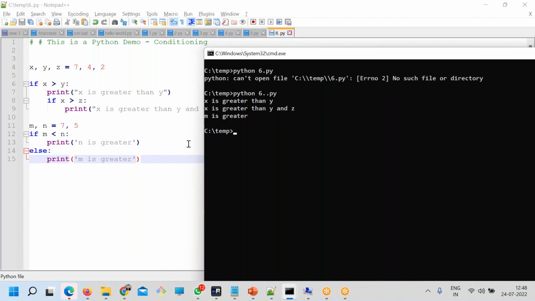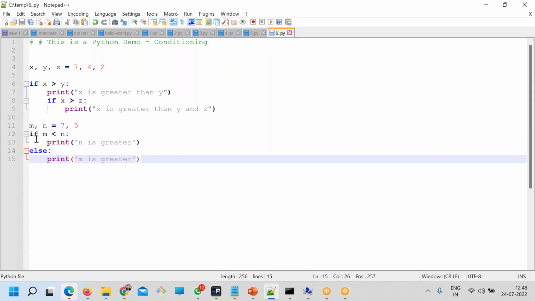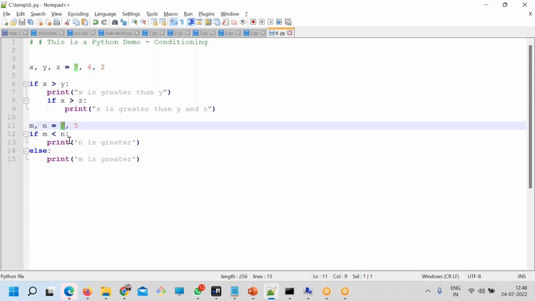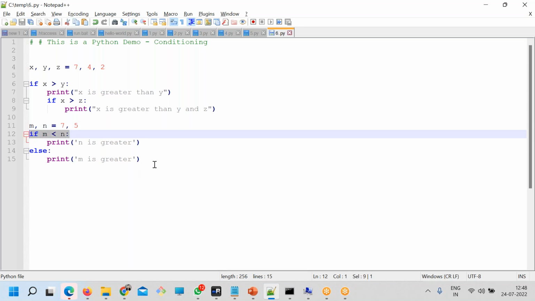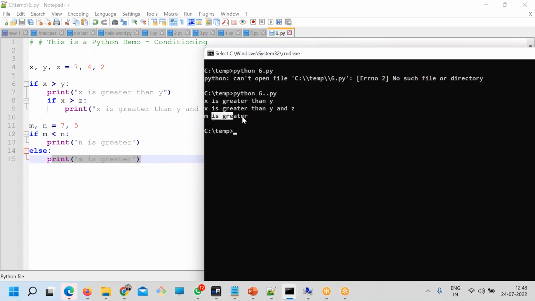So without a new line, and m is greater than this one. So this is the way you can also do that. So here m is less than n. This returns false. That's the reason the m is greater branch is shown here.